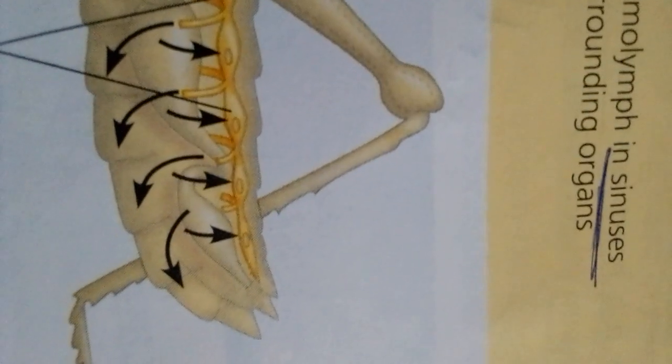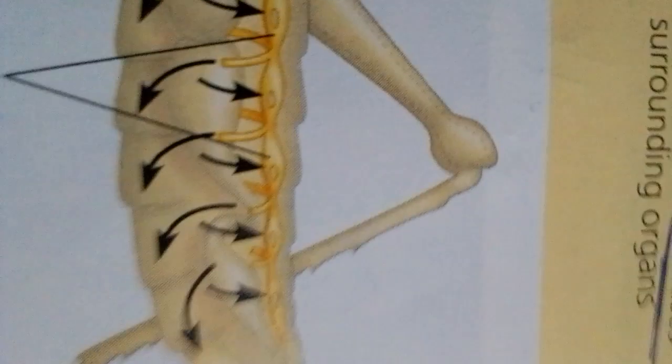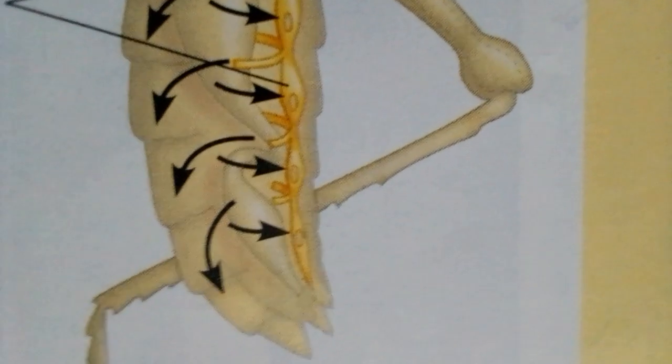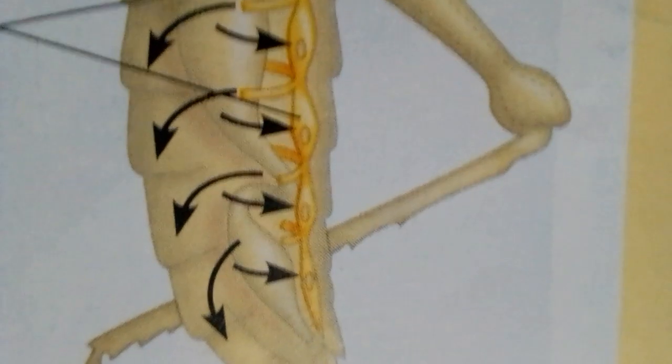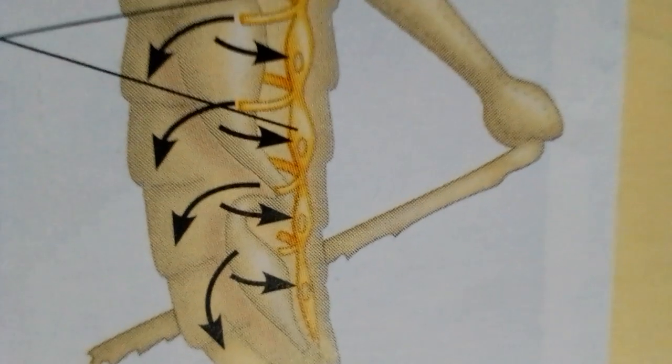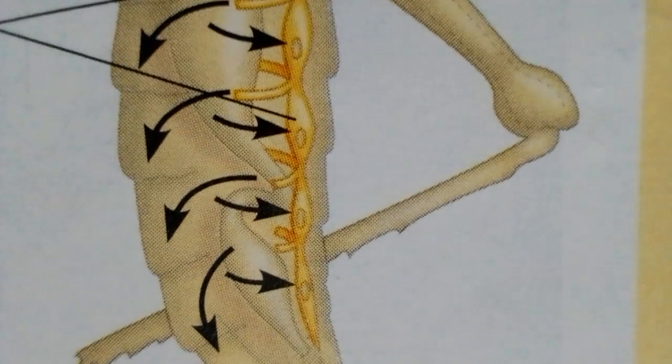The vertebrate heart has one or two atria, singular atrium, the chambers that receive blood returning to the heart, and one or two ventricles, the chambers that pump blood out